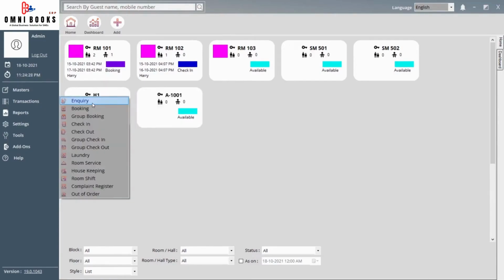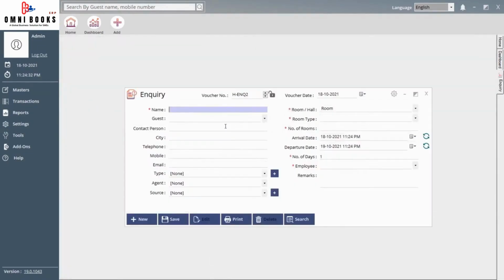So under the transactions, there are so many transactions listed over here. The first one is inquiry. So if you received an inquiry, in order to enter the same, you can specify the client name over here, which is the mandatory field. So you can enter any name,